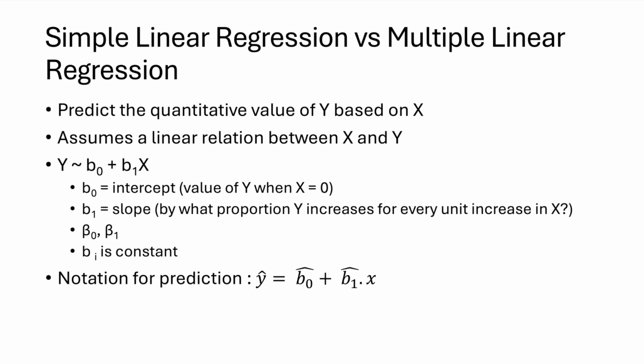Linear regression is a fundamental statistical method which is used to predict the value of a dependent variable, which is y in our case, based on the value of an independent variable, which is x in this case. It assumes a linear relationship between x and y, meaning that y increases or decreases depending on x. Like if x increases by a unit, y will increase by a proportion of the unit of x, and so